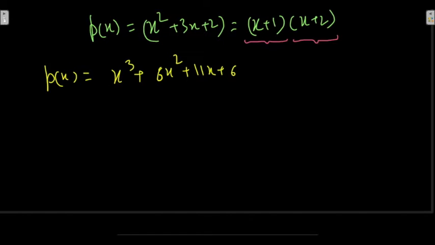Now if we are going to take a long division method route, or if in case we are going to find the factors of this, we will find that the factors of this polynomial are x plus 1, x plus 2,